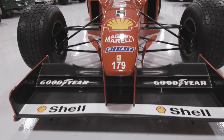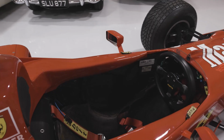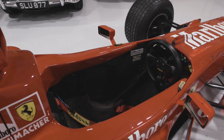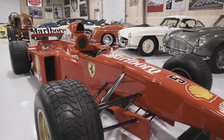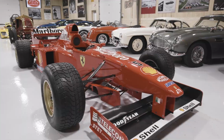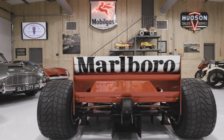This is a 1997 Ferrari F310B. This car was driven by Michael Schumacher in practice for the Belgian Grand Prix, and this is, again, one of the most original Ferrari Formula One cars to be in private hands. This also is, on a personal note,